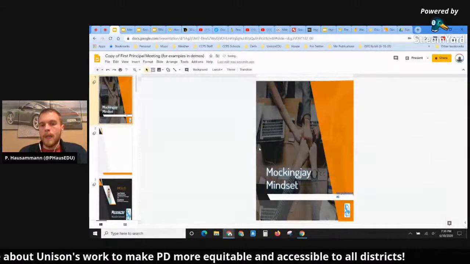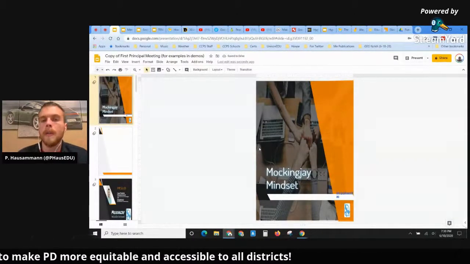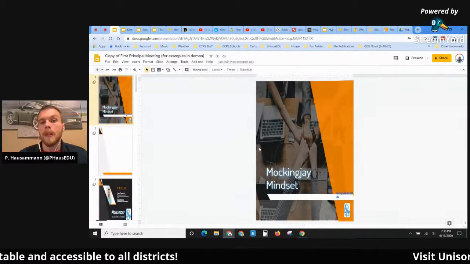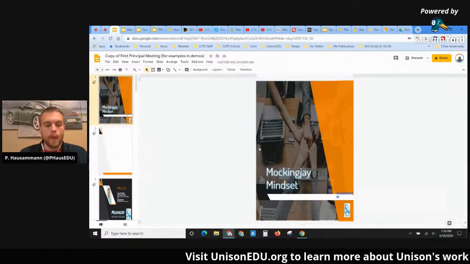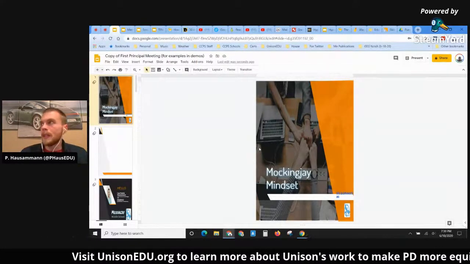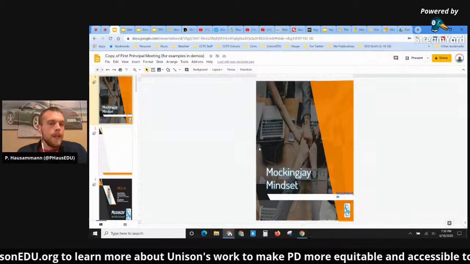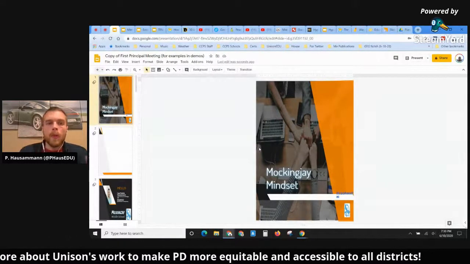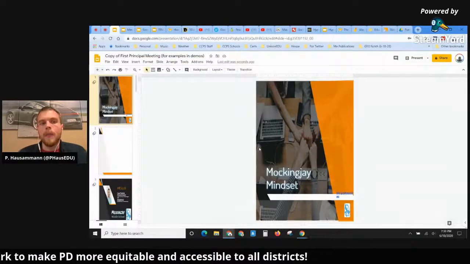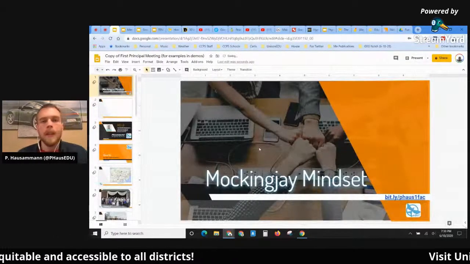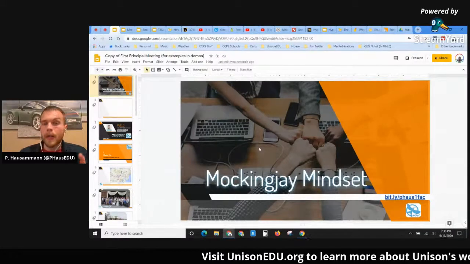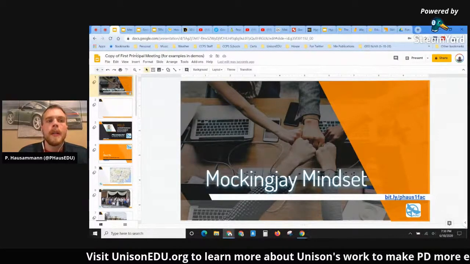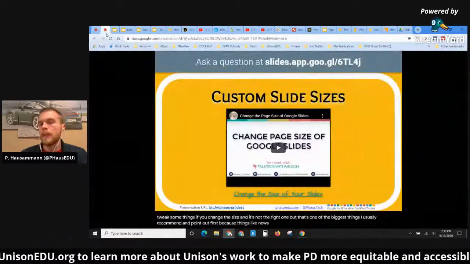And it's going to change me to portrait when I type it in that way, but it's going to give me something that is exactly a sheet of paper. And you can see it tries to reformat some of the pictures and resize the text. It does a decent job, but you will probably have to tweak some things if you change the size and it's not the right one. But that's one of the biggest things I usually recommend and point out first, because things like newsletters and other